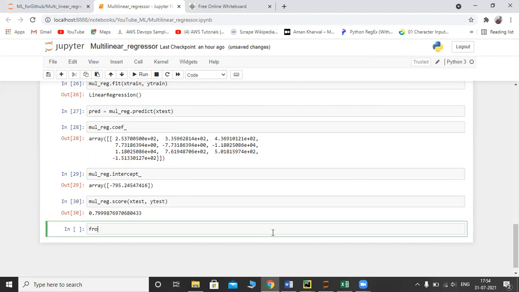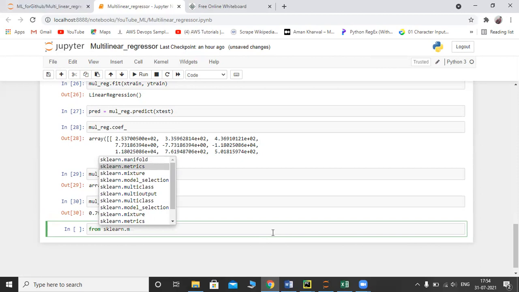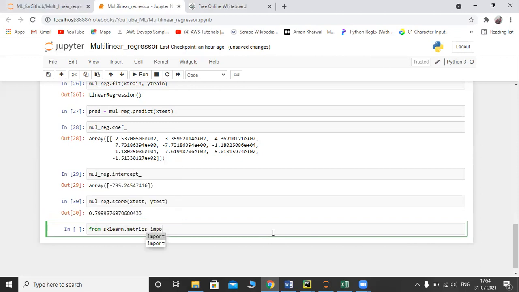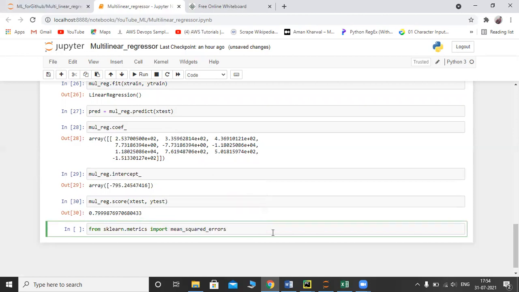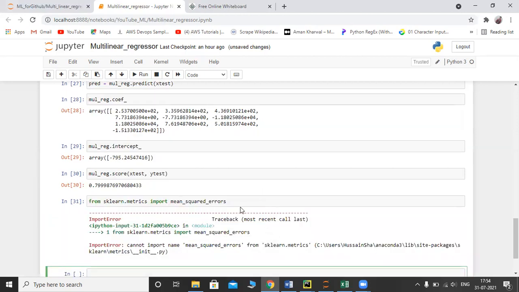For that, we need to import from sklearn.metrics import mean_squared_error. Here is mean_squared_error. Absolutely, we need mean_squared_error. It should be error, not errors.